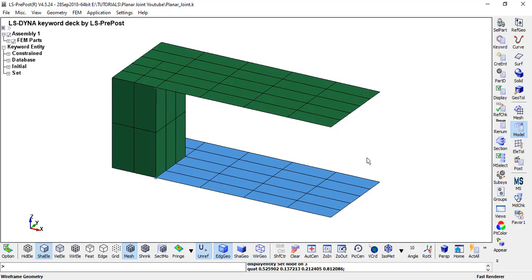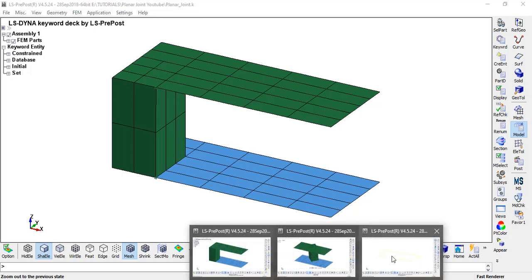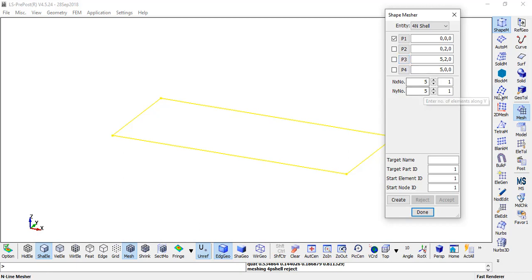These are the parts that are required to create the planar joint that was shown in the picture earlier. For this, let me show you how to create the parts again. First we need to go to element and mesh and then select shape measure.